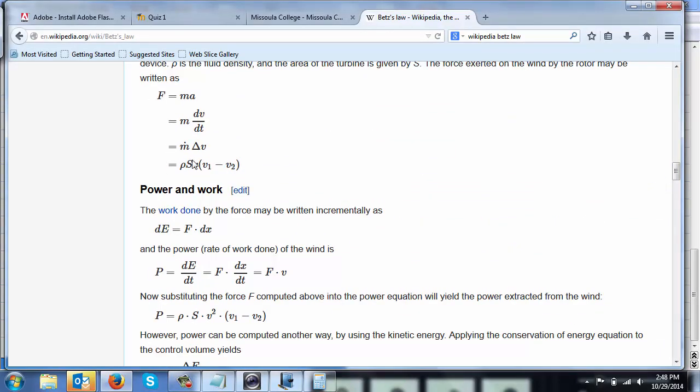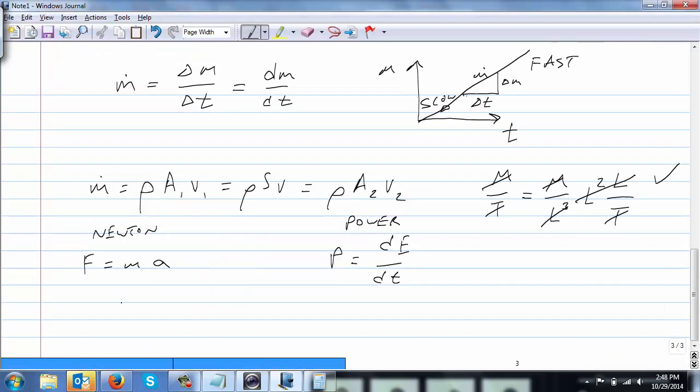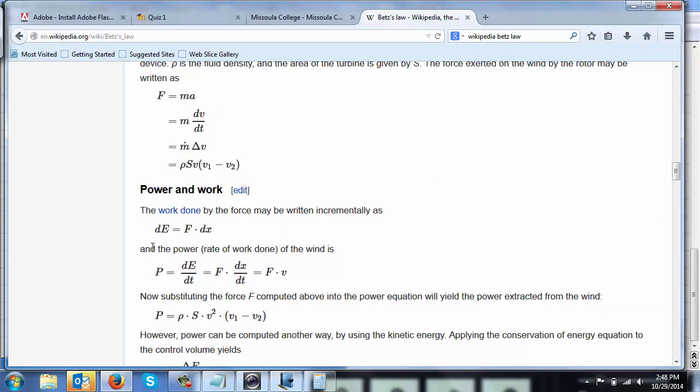Okay, so from there, we know that acceleration is just a change in velocity with respect to time, dv/dt. And again, this is how quickly the velocity of the air is changing through the turbine. That's your dv, and we know it's got to change. If it didn't change, we wouldn't get any energy out of it. And now he's pulled kind of a sneaky little trick, taken that dt and slipped it from under the v to under the m, which you might say, gosh, is that really allowed? Well,